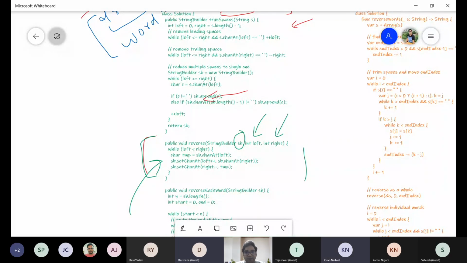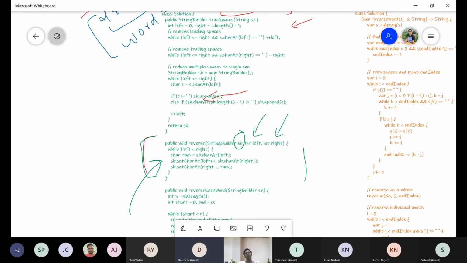In the first while loop, we are removing the leading spaces before the string, and in another while loop, we are removing the last spaces. And for the in-between spaces, we are checking if the character is equal to space, it will not append. So think like this. Instead of replacing, what we did is we first find where our string starts from, from the first while loop.